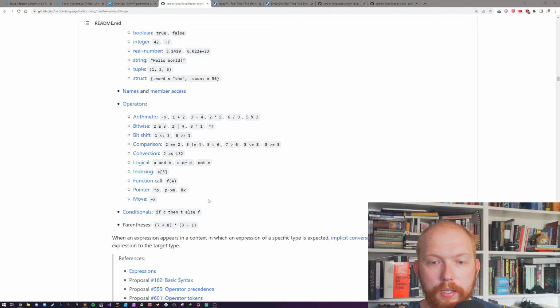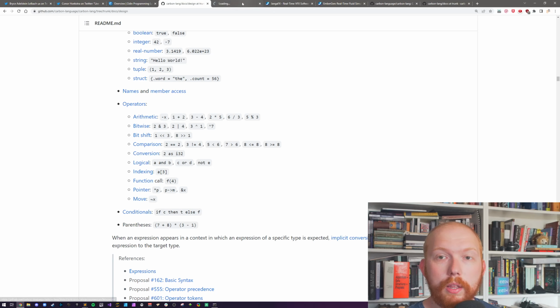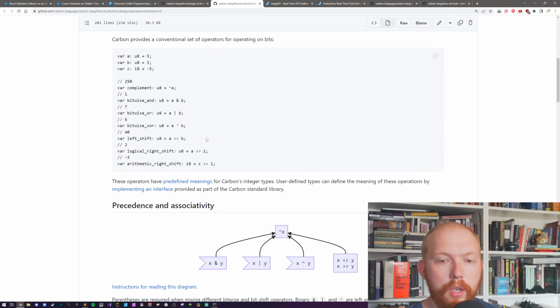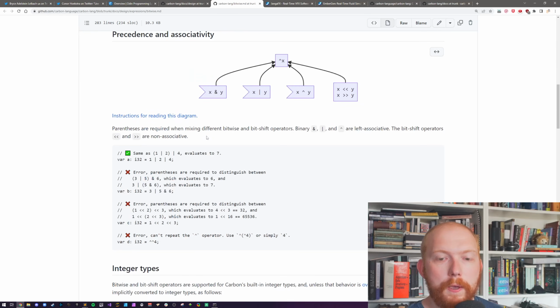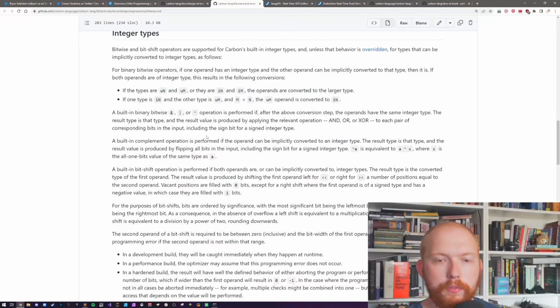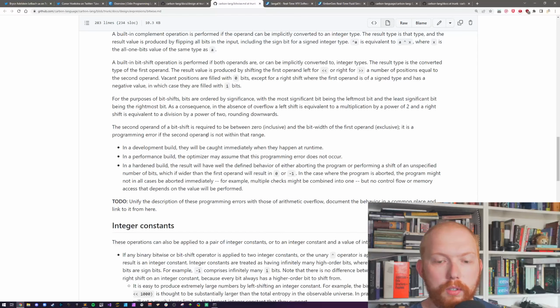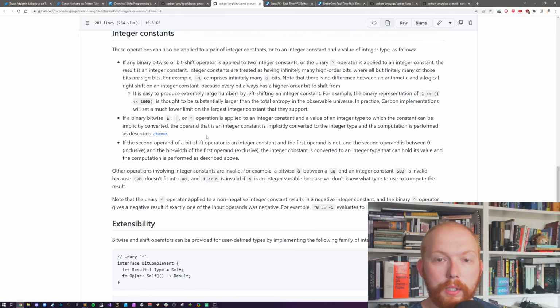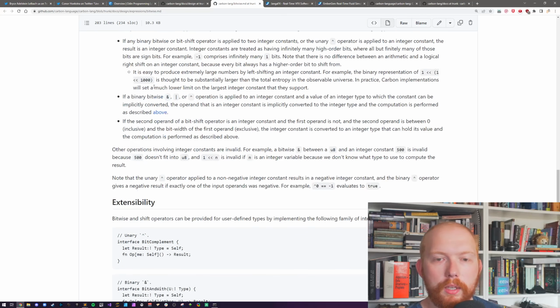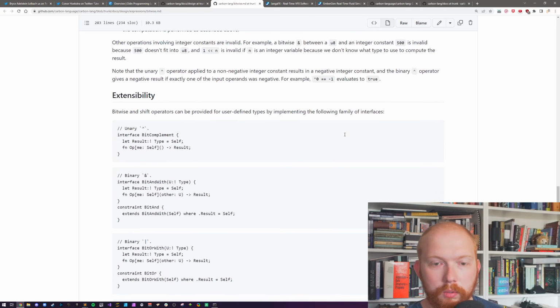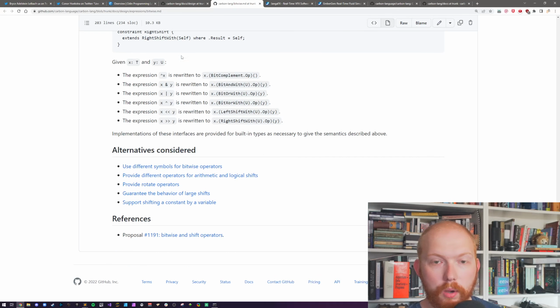They've got all the other syntaxes fine in here, and that's fine. I'd love to know what bit shifts are, but I bet bit shifts are going to be designed in the exact same way as C++. They're undefined if you over or under go, but I'd have to completely read the document properly, because, for instance, if it overshifts here, yeah, they have extremely large numbers, which is fine. But if you do that in Odin and you overshift, it will just go no, don't bother. Yep, that's fine. I'm not going to go over that yet.